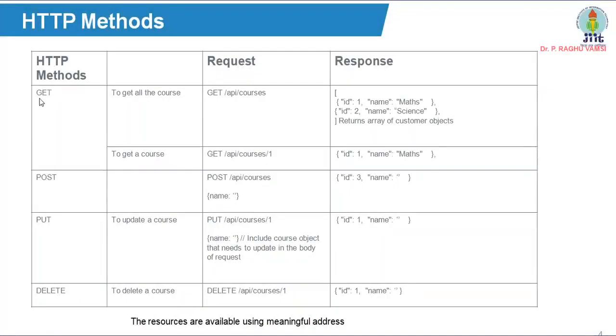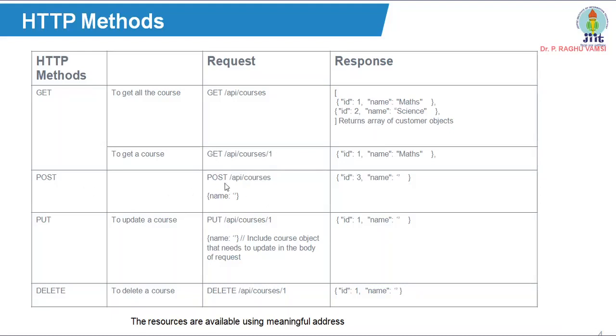Here is the HTTP method. It is the GET method to get all the courses. To do this, what you can do is simply GET /API/courses. It will give you all the courses that are available with the server. To get a course, if I want to get the first course name, first course detail, then as I just told you, you have /1. So then you will get the first course information. If I want to get the second course information, /2 must be used.